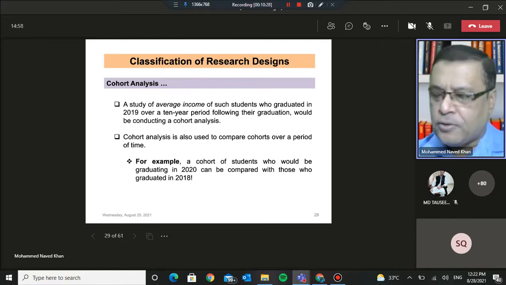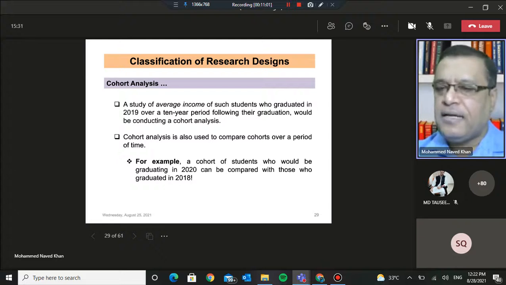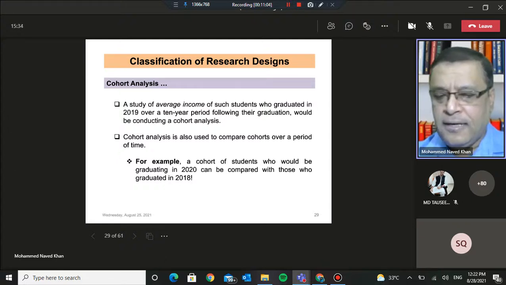And then I'll administer the questionnaire, and some picture that I'll be referring to as the aggregate picture will be emerging, but I'll not be able to track how income has changed as far as each individual is concerned, because I'm not tracking on an individual basis, because my sample is not fixed. So I don't have the responses from the same individual at different points in time. So I cannot compare at the individual level. What I can do is compare at the aggregate level, and aggregate level comparison, remember, is another interesting characteristic of cross-sectional designs.